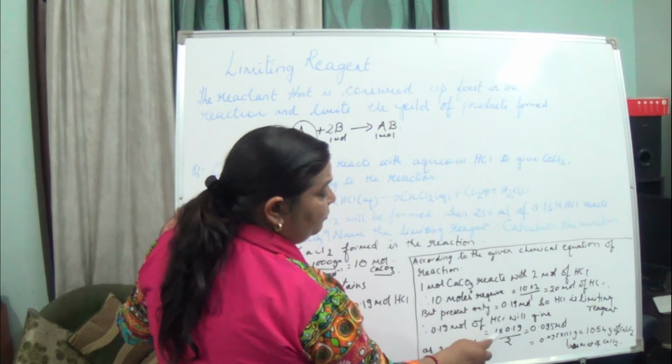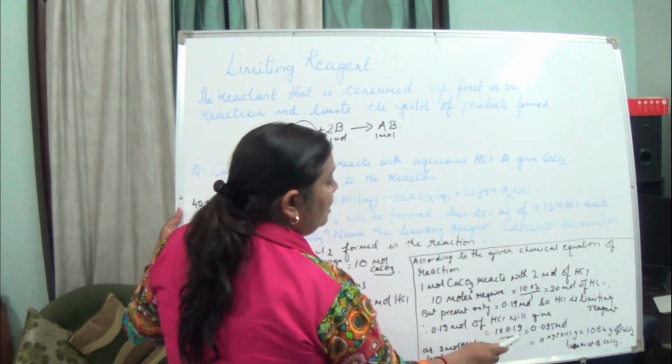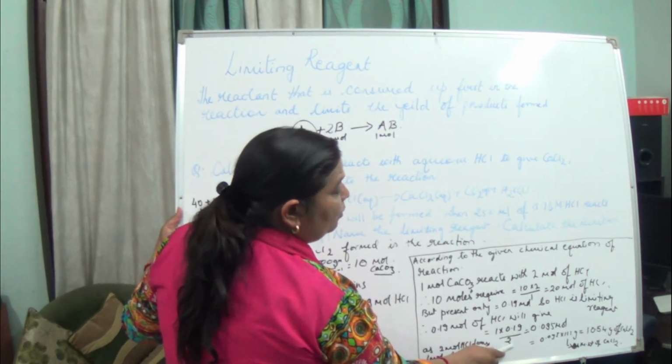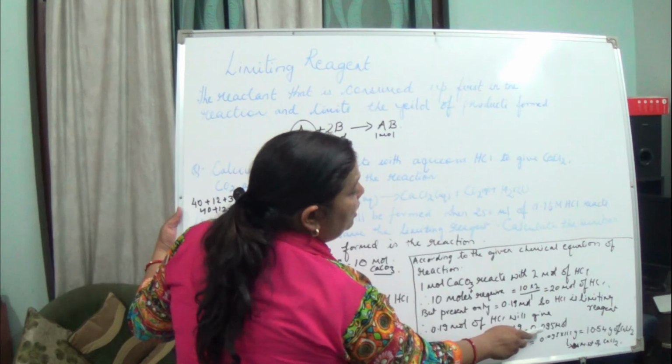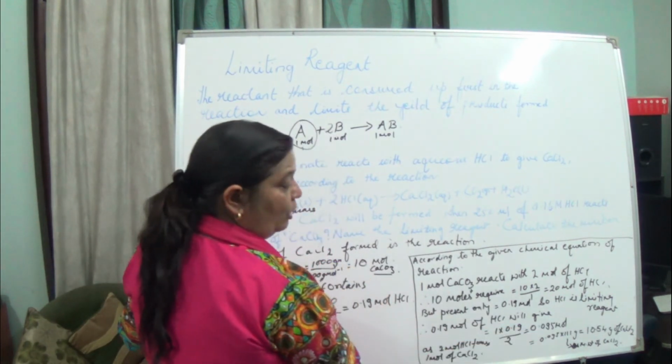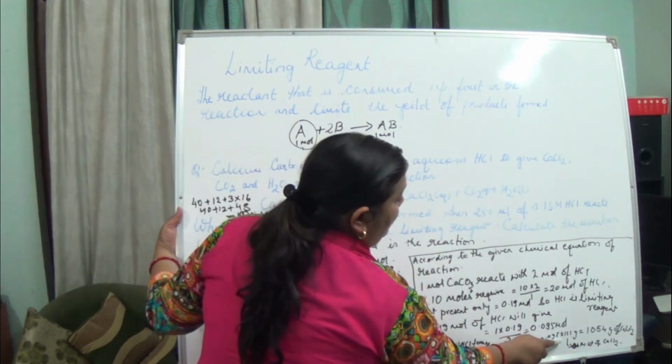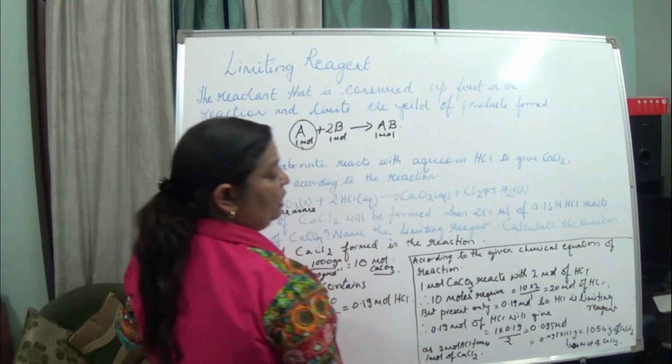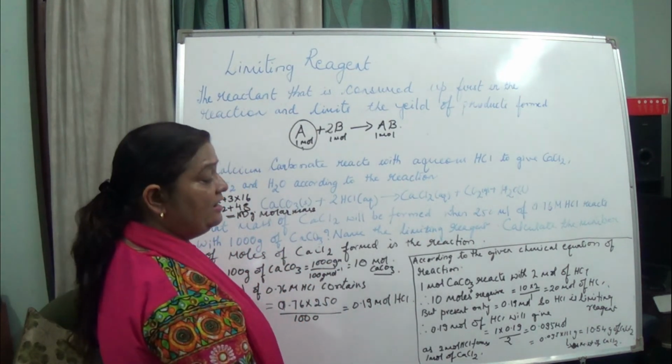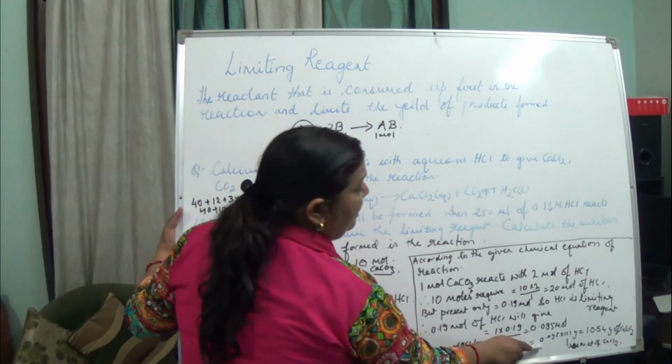It will be 1 into 0.19 upon 2, that is equal to 0.095 mole. So 0.095 moles will be formed, but you have to multiply with